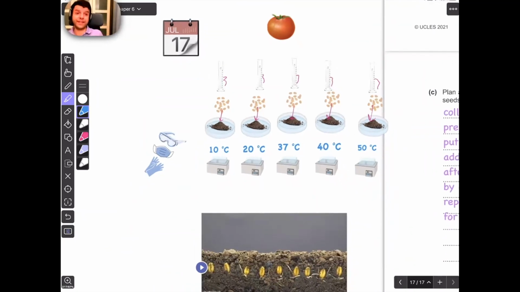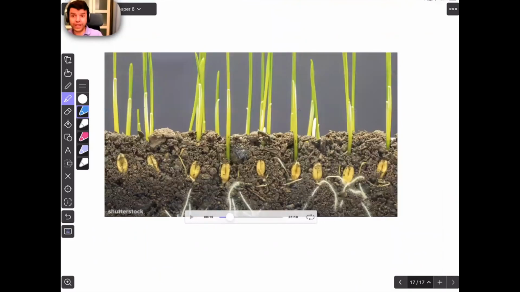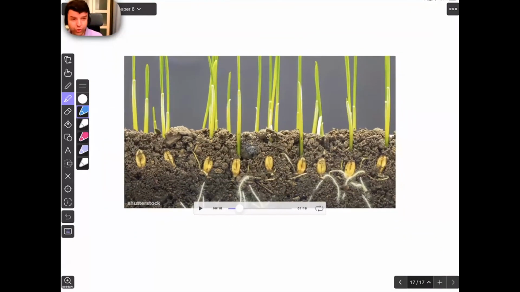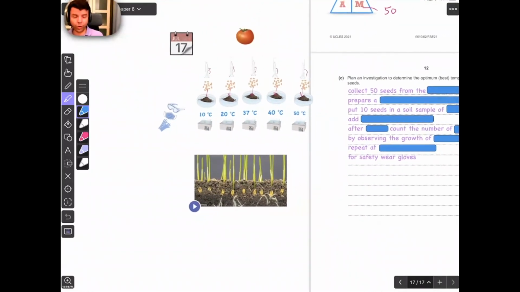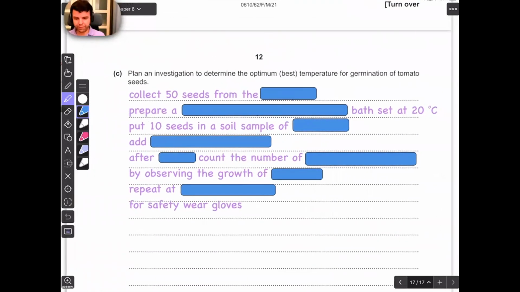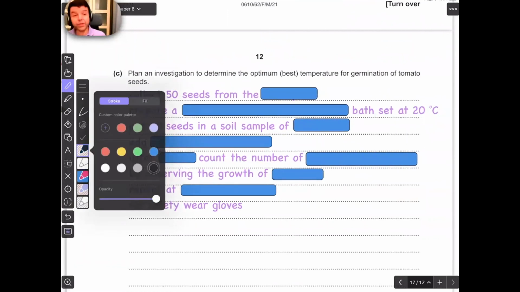How would you know that seeds germinated? Seeds germinate when you start to see the roots or the stem. So that's something we should also include. We should include the endpoint, the thing we'll observe when seeds germinate. Okay, so look, I'm collecting a large number of seeds because that would help me to do repeats,